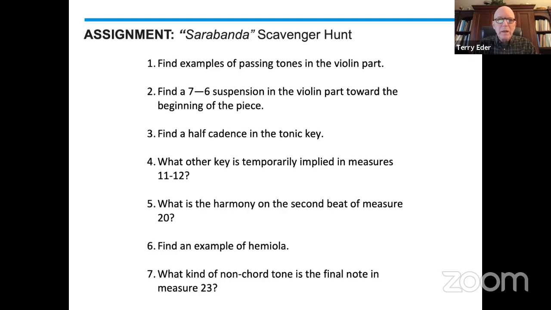So this was a piece called Sarabande. I have to say that I'm not positive who the composer of this piece was, but nevertheless, it gave us some opportunities to go on a little scavenger hunt again. We were asked to find passing tones. I asked you to find a 7/6 suspension, a half cadence, temporary keys like we did with Carmen, harmony on